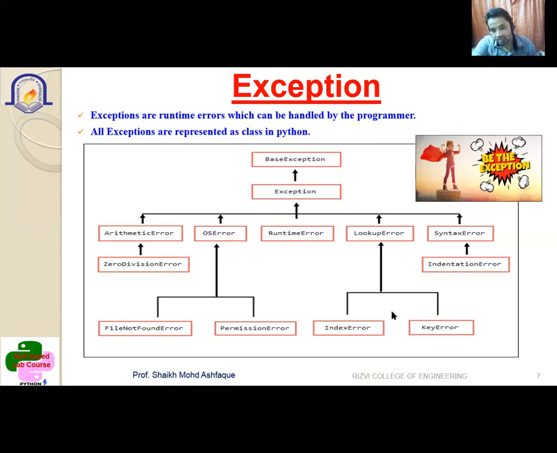Many more exception classes are there in Python. You can utilize them where you have a doubt that an exception may occur in that part. At that time, to handle it properly, you can use the exception class defined by Python. Likewise, in Java also there are many exception classes you have studied. So whenever required, you are going to utilize them. Similarly, here also there are many exception classes, and whenever you want to use them, you can.